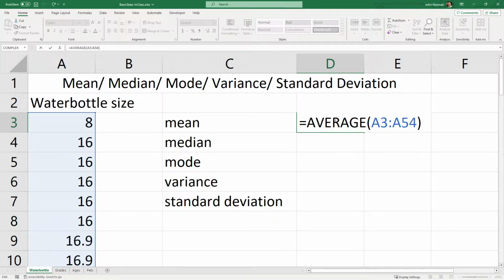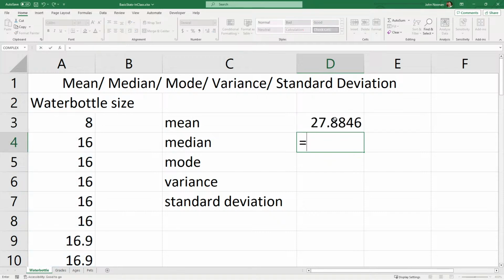Average, and when I do the median, I'll tell you exactly what I'm touching with my fingers on my keyboard, because I hate the mouse. I try to only use the keyboard. That's part of the reason why my quizzes look the way they do, is because I can just type them up without having to touch my mouse, and then it looks good when I get done. So anyway, there's AVERAGE, and then A3 to A54 just means I want to average together all the numbers between this cell and that one way down there. So stop me if you're stuck, otherwise I'm going to assume that this is pretty easy. This page especially, and the next one isn't too bad either.